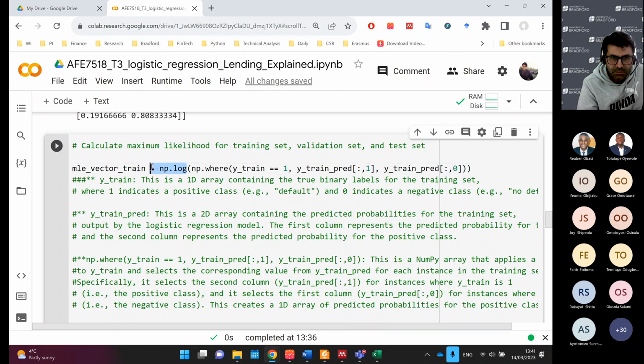Before doing this, remember that in Excel we had COUNTIF. Instead of COUNTIF in Excel we have where. From NumPy there is a function where, and I'm telling Python: if y train, what is y train? This is the actual loan status numbers, right? If y train is equal to 1,